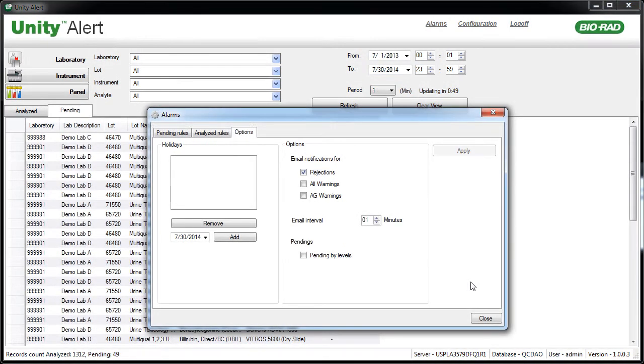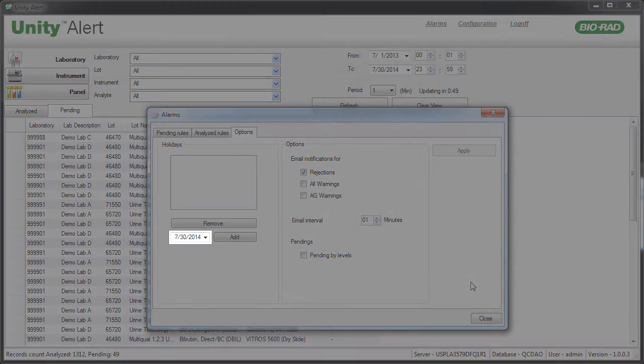You can set up holidays and other specific days that you do not want Unity Alert to send a notification email. Select the date for the holiday. Click Add,